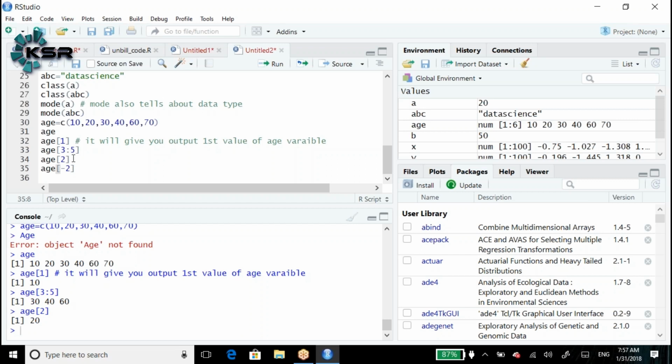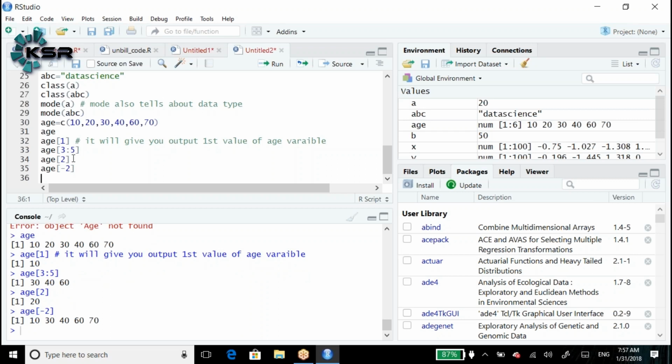It will print the remaining values. The second position value is 20, right? It doesn't print it. So it prints the values 10, 30, 40, 60, 70. Can we check the output? 10, 30, 40, 60, 70.